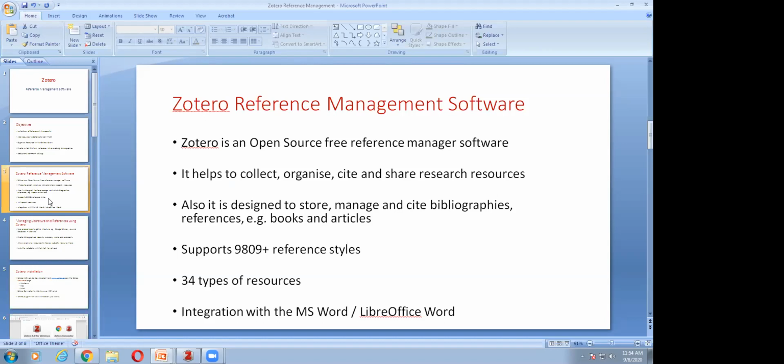It also supports 34 types of electronic documents that can be managed in Zotero. And also the integration with word processors like MS Word, so that Zotero references can be cited, and the reference list can be generated with these resources.